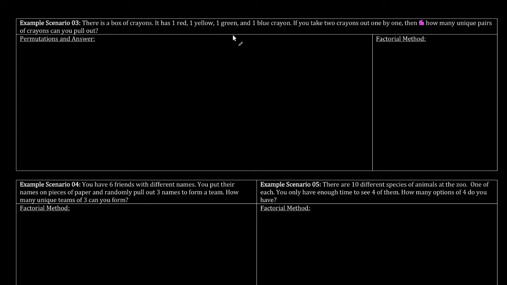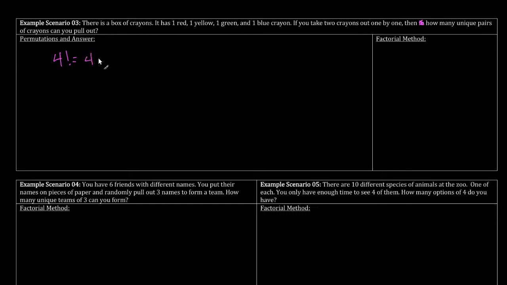So we could do this by writing all this stuff out, but let's just make it shorter at this point. So what you want to do is let's pretend we're going to take out all four crayons. Now, how many combinations can you do? You can do a red, a yellow, and then a green, and then a blue, or you can do a red, a yellow, and then a blue, and then a green. But the shortcut to figuring all those possible permutations of all four being pulled out would be 4 factorial,